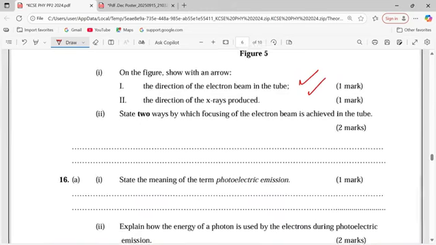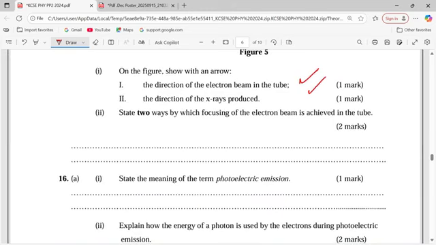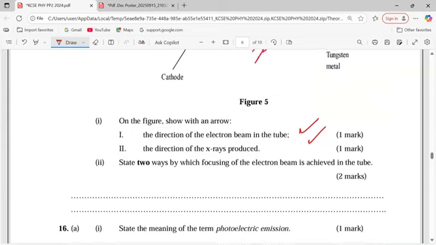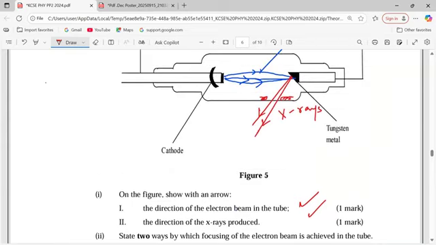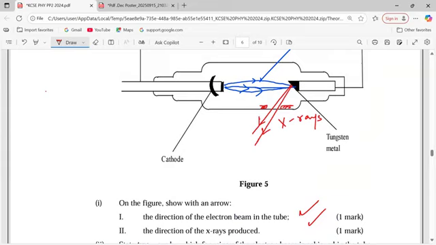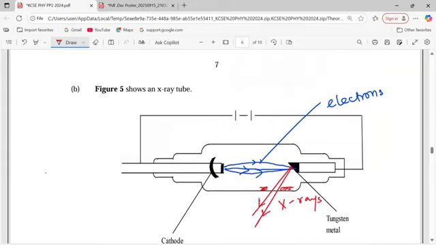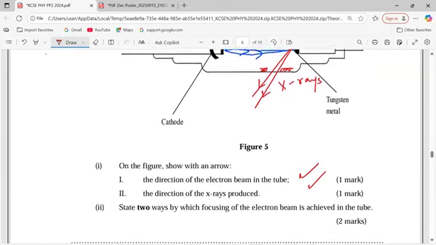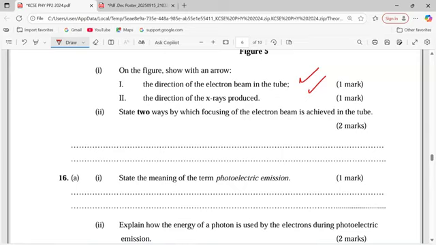Now we can check Roman 2 of the same. State two ways by which focusing the electron beam is achieved in the tube. One, we ensure that there exists a very big potential difference between the anode and the cathode. Actually, they are connected to what we call an extra high tension. So one way of ensuring that the electron beam is attracted is the big potential difference